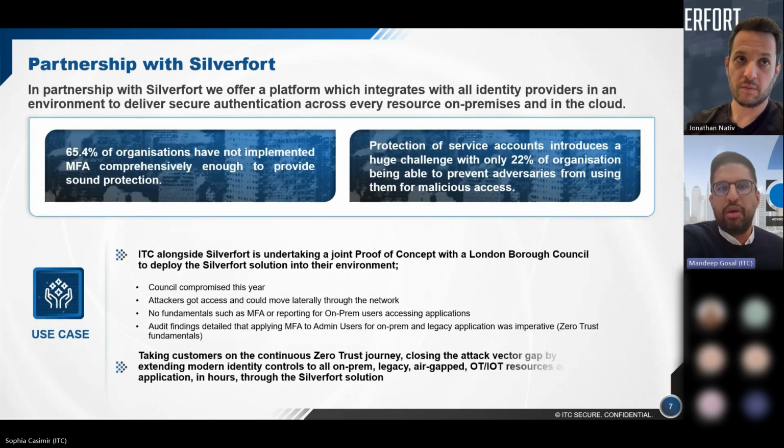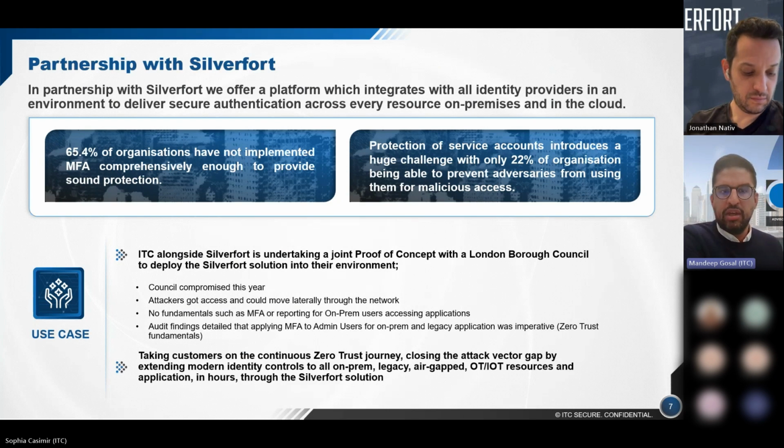So we're really proud to have partnered with the team at Silverfort. They've provided a very compelling solution around providing MFA coverage across real blind spots. And what we mean by that are things like service accounts or air gap systems, legacy applications. So perhaps some areas in your estate, in your environment, you don't tend to consider as a key attack vector for bad actors, but we really see some statistics that purport that not having MFA coverage comprehensively provided and not dealing with these service accounts can provide a significant attack surface